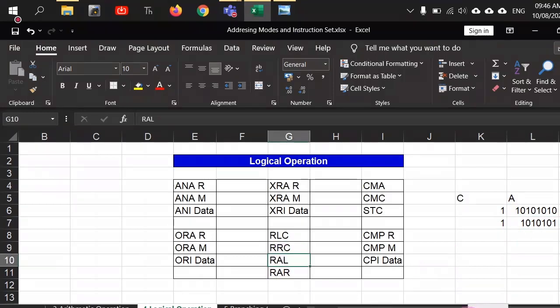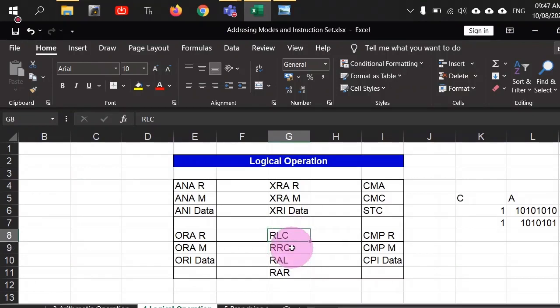Yes. Similarly, you have for right rotation the RAR command, right? And whenever RAL or RAR are there, the rotation will happen through the carry flag. Interestingly, RLC and RRC commands will also be doing the same thing. But this time the rotation will not happen through the carry flag. And this is a little bit confusing because C is there. So one might feel that carry flag should be involved in these two particular commands. But in 8085, it is a little bit confusing that whenever C is written, C is not involved in the